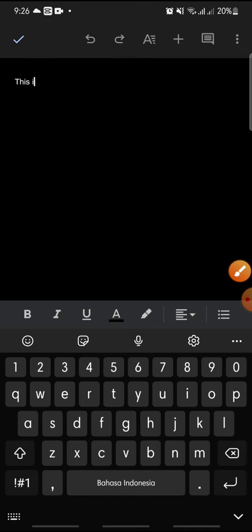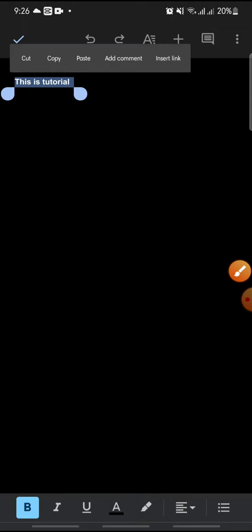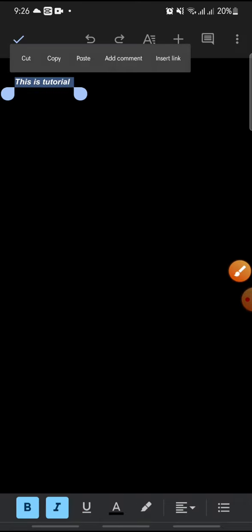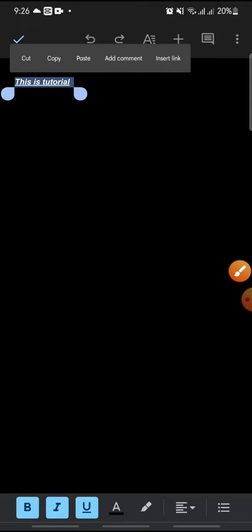Maybe this is a tutorial, and then you can make the text bold like this. You just select it first, and then you click on the bold icon, this one. Okay, like this. Or you can add it with this icon like this, and then you can click this one. Okay, and if you want to change the color, you just click on this plus,